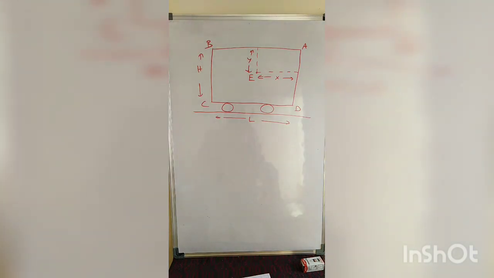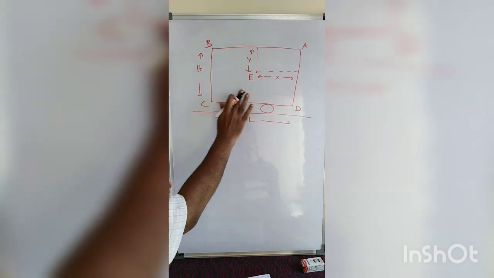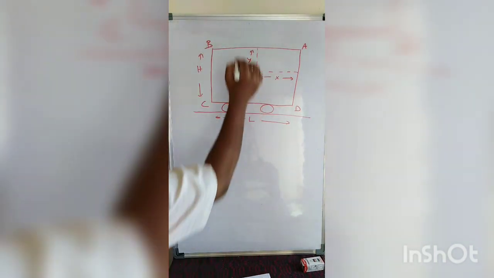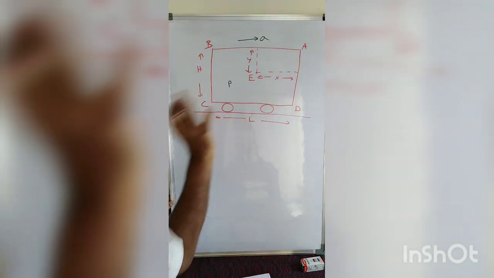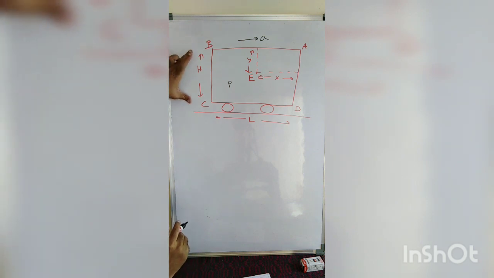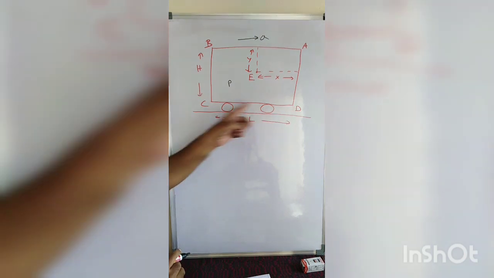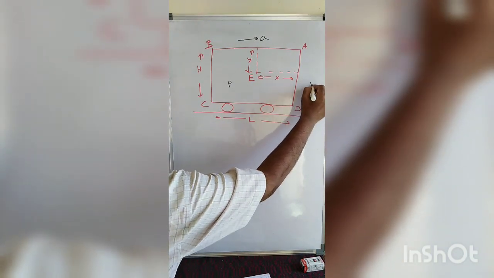Now, regarding the pressure differences between accelerating fluids, let us look at this example. Observe carefully. This is one container. The container is completely filled with a fluid of density rho, and it is accelerating with an acceleration A. The height of the liquid column is h, and the length of the liquid column along the horizontal direction is L. Remember, this one is the x-axis, this one is the y-axis.